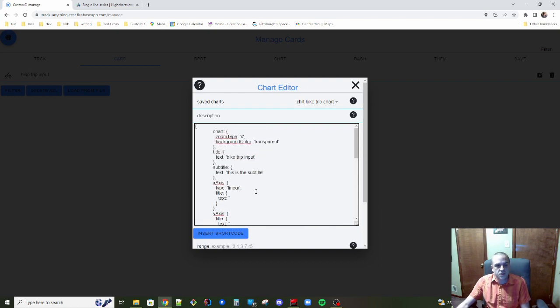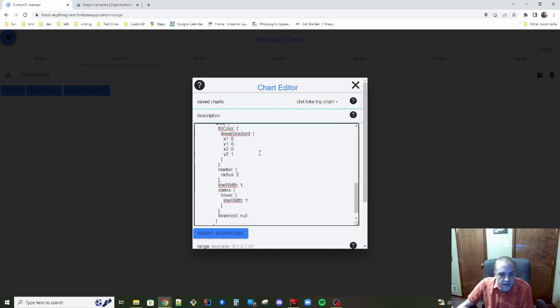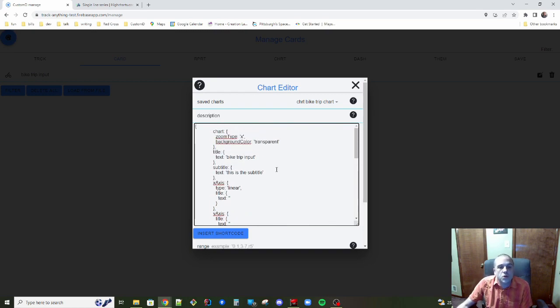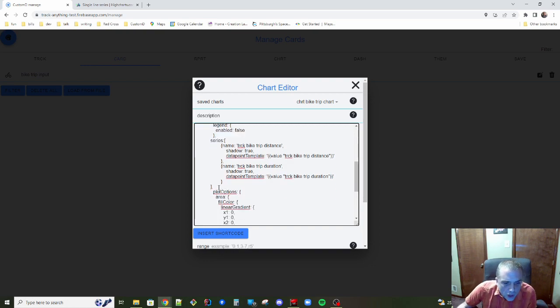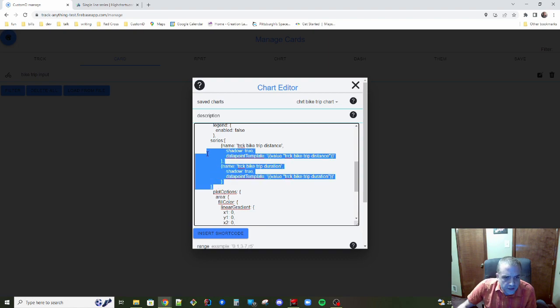So basically what you're looking at here is what's known as JSON, which stands for JavaScript Object Notation, which is basically just a standard way that web developers and all sorts of different programmers use to move data around. JSON is actually not super complex, and just about any programmer out there is going to be able to have a basic understanding of this. So anyway, in this series, we've got an array here,